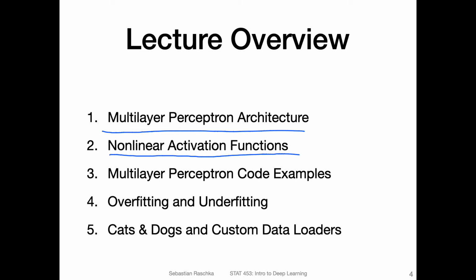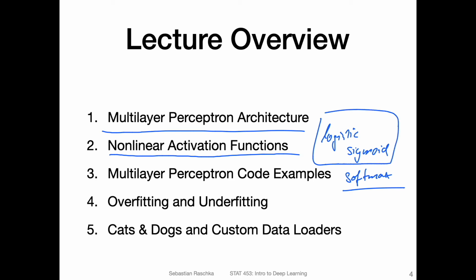One nonlinear activation function you have already seen in the context of logistic regression. Actually, you have seen two. You have seen the logistic sigmoid. It's probably the more common way to say it, the logistic sigmoid function. And you have seen the softmax function. The softmax function is usually something that is used before the output layer, but for the hidden layers in a multi-layer perceptron, there are different choices for nonlinear activation functions. The logistic sigmoid would be one of them, but we will also take a look at some other ones.